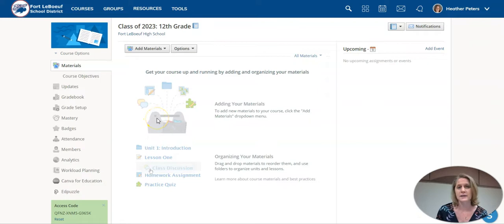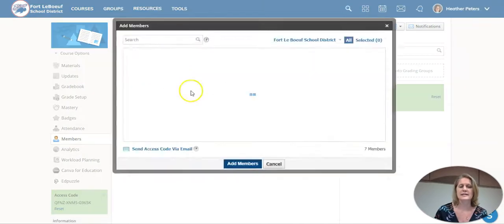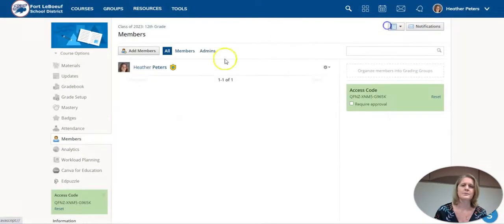Now, because this one is not created by Prosoft, the members of the class do not automatically get put in there. Okay, so you would need to manage the members of the class. If this is one where you have a very large group, like what you see here, then you can touch base with me and I can assist with getting the students into your course. Otherwise, if it's just a smaller group, like for instance with that summer work where we're putting in a specific group, you can follow the video that explains how to add members and to find them and add them to